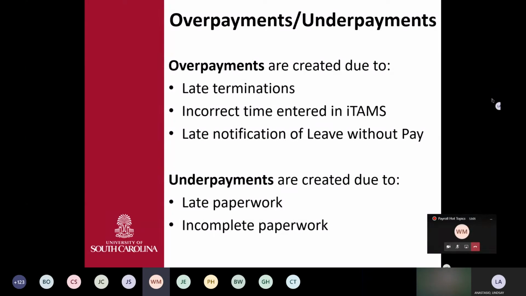You've got to make sure it's valid, because if we approve incorrect time in ITAMS, the employee gets paid based on the time entered and ends up being paid more than they should have been. For instance, they only worked 20 hours, but we approved 30 hours, and we have 10 hours of overpayment sitting out there that we will have to go after that employee to collect.